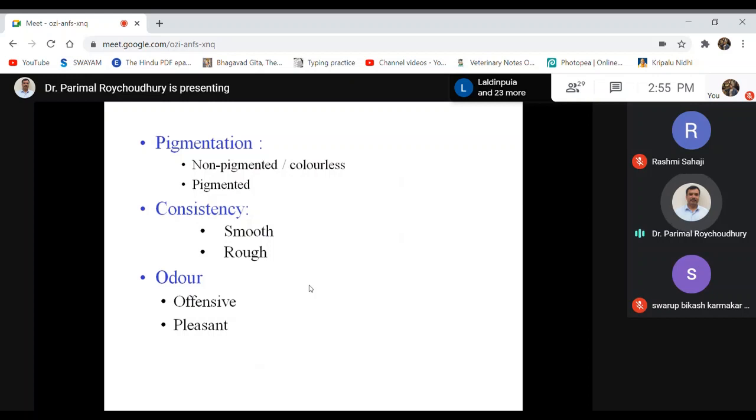Then coming to another characteristic called pigmentation. As I said about Staphylococcus aureus, they produce golden yellow colonies, and looking at this pigment helps us in identification of the bacteria. Similarly, we have some organisms where specific pigment formations can be seen, and that helps us in identification. Then again, the consistency,